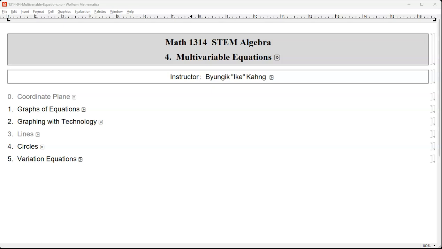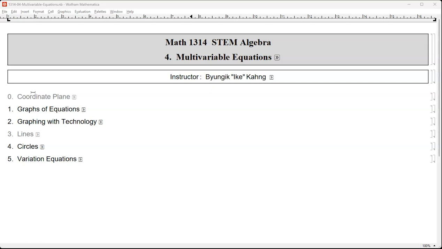Hello Math 1314 students. Let's begin lesson 4, multivariable equations in multivariable spaces. Even though I just said multivariable spaces, we're going to consider only double variable spaces, in other words, the two-dimensional plane. In 2000 level pre-calculus, we'll see some 3D geometry on a limited basis, and again in multivariable calculus. But that's about it. Here in 1000 level, just two dimensions only, so everything is planar, except the final section, number